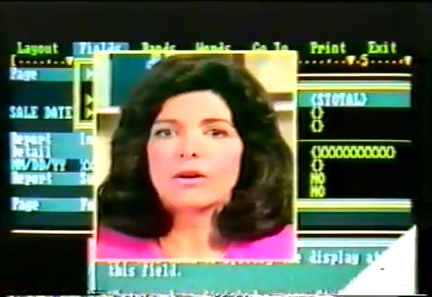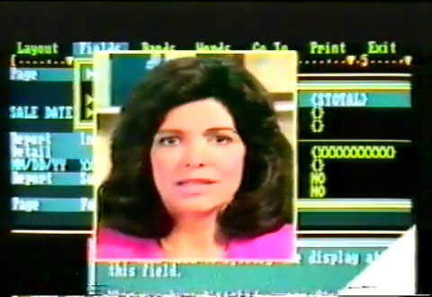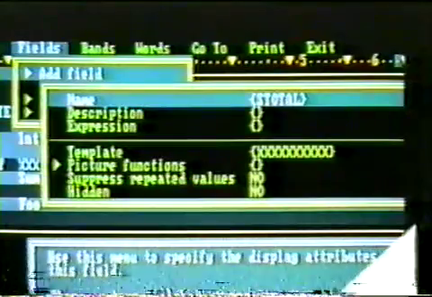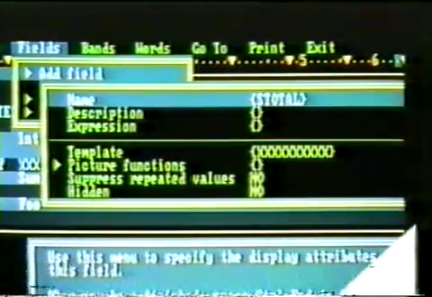Next, we'll define an arithmetic expression for this field, which will multiply the units sold by the price per unit to produce the figure for our total field, just as we did when creating our data entry form in segment 4. As we noted earlier, dBASE IV recognizes a variety of symbols for use in expressions, including field names and an asterisk for multiplication. To access expression, we press the down arrow twice